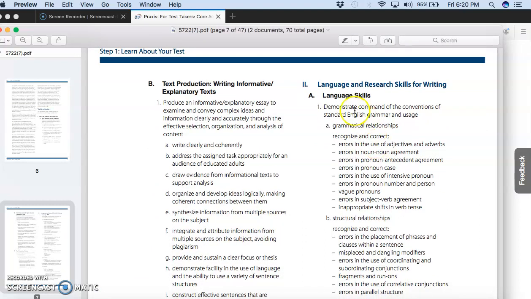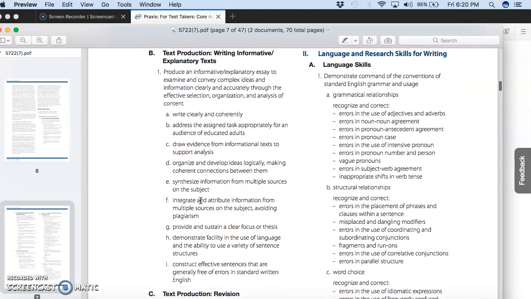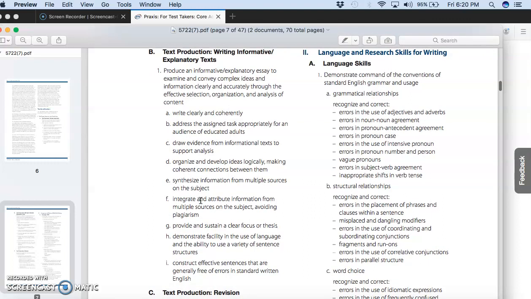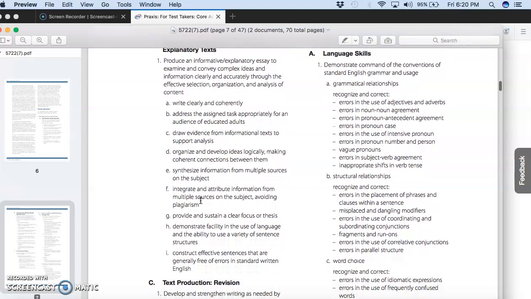The second essay is called the informative or explanatory text. Sometimes you call that the source-based essay. It really depends on what book or who you're speaking to. But really all you're doing is taking two separate essays that have been provided by ETS. You're going to read them and synthesize the information. You're going to convey your information clearly and accurately by organizing the details and selecting details from the essays. You'll cite the information and you will basically write a paraphrase or summary of the two essays' key